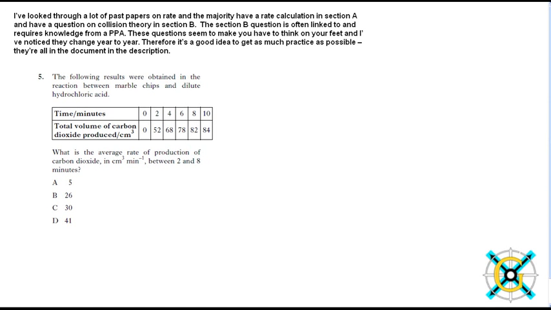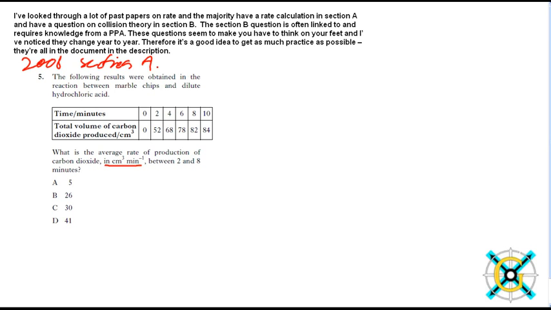So I'm going to go through a 2008 section A question, just to show you what they usually like. The following results were obtained in the reaction between marble chips and dilute hydrochloric acid. What is the average rate of production of carbon dioxide in cm^3 min^-1 between 2 and